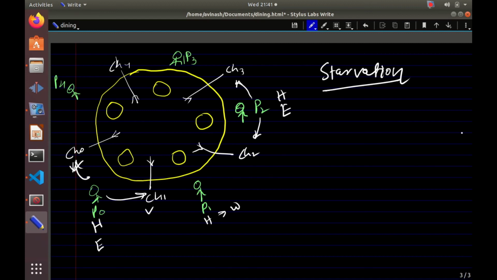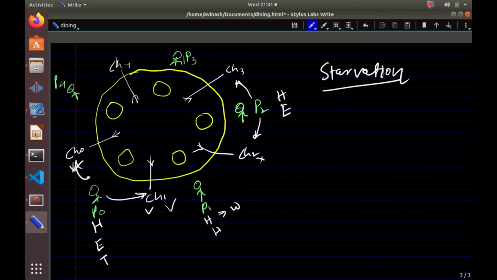Now next time, what will happen? Let us consider that P0 has released its chopstick and went into the thinking state. So this CH1 is available to P1 now. But meanwhile, P2 has acquired CH2. So P1 will still be in the hungry state. His state will not change, because even though this chopstick is free, the other chopstick which is required